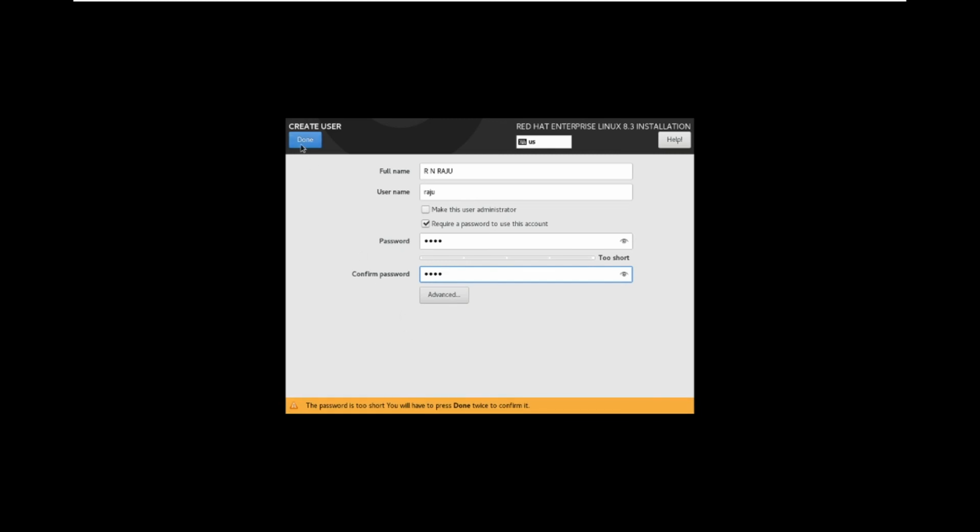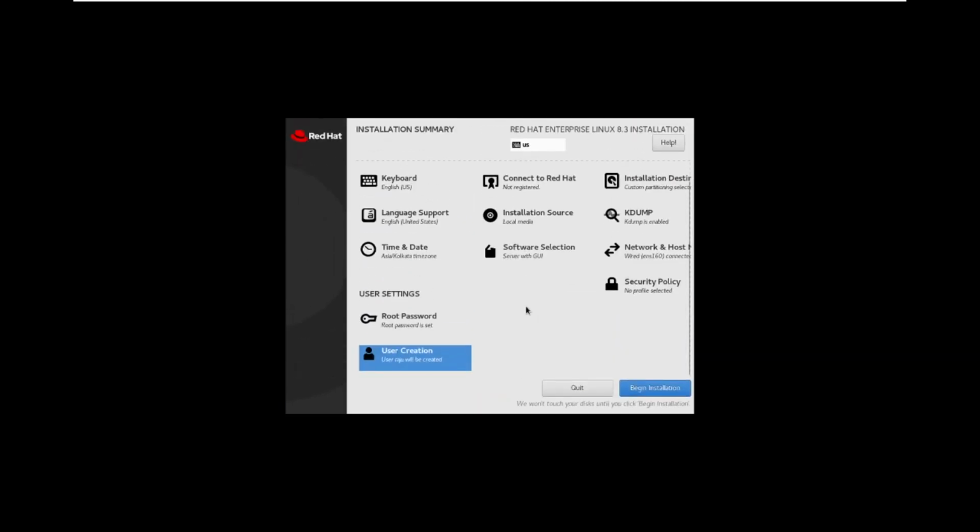So the password is successfully created for the user Razu. Now user settings are successfully updated, and don't forget the root user password. Then finally, begin installation.